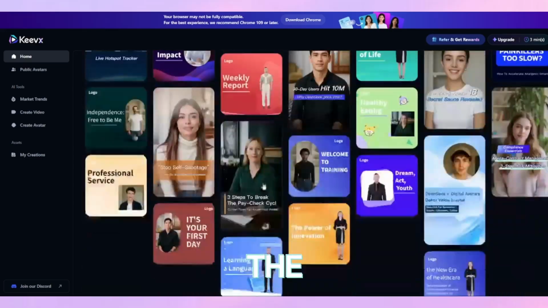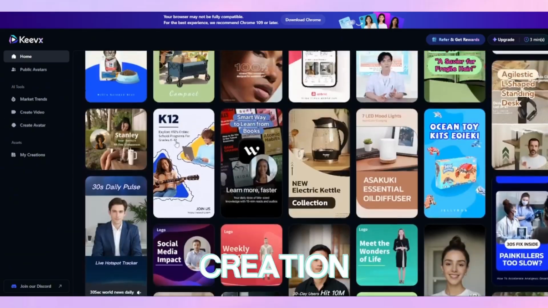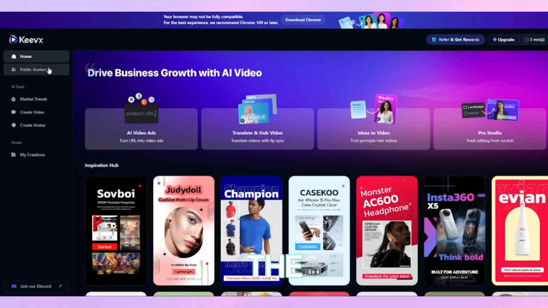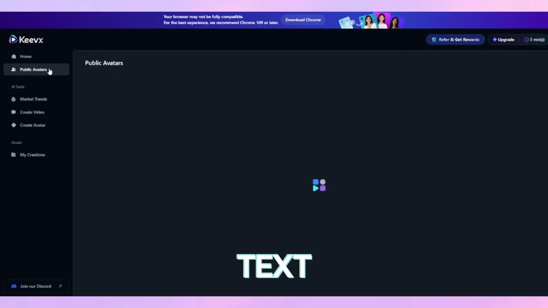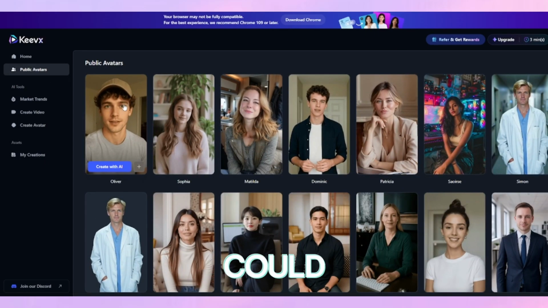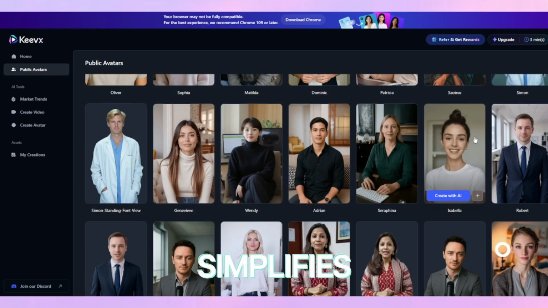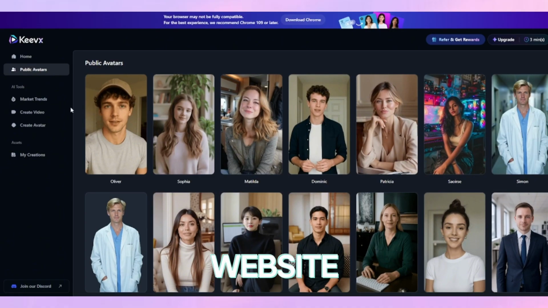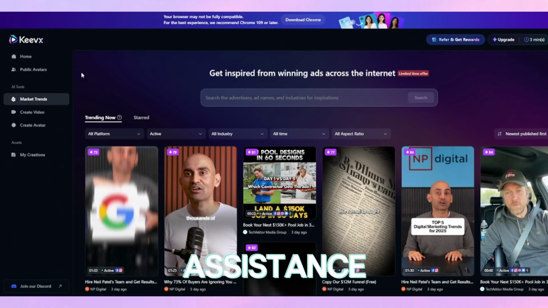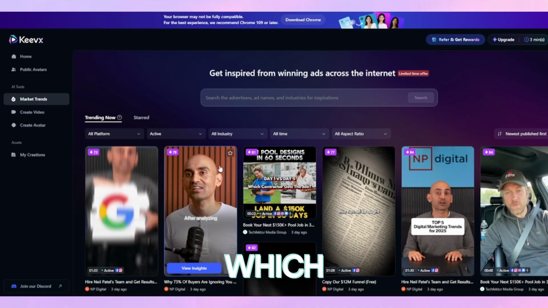Now, for the positives, the promise of a one-stop shop for ad creation is its biggest strength. Having the avatar creator, video editor, and ad text generator all in a single dashboard could save a ton of time. The avoidance of filming real actors saves money and simplifies the process immensely. The website also mentions features like AI script assistance and access to a media library, which are great for beating